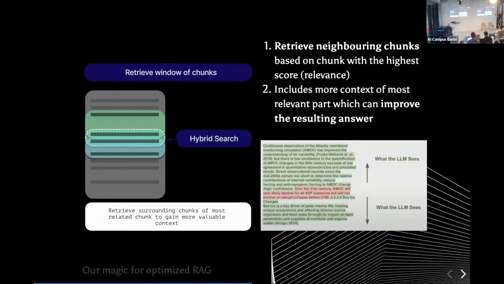Retrieve window of chunks. We talked about entropy at the chunking level, and now this is for the generation. I'm doing a retrieval on just this piece here. This sentence is the original information, but this is the information before and after what I retrieve. I'm adding this to the context window because, as said, there's a high probability that this information adds something to this part here, just because of how language is structured. So the LLM is not just seeing what you're getting back from your retrieval; you're adding the stuff before and after, putting this in a context window, and this could help